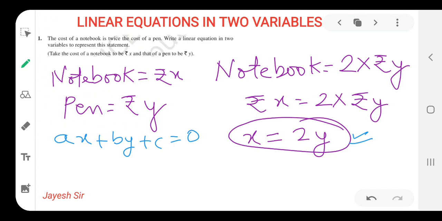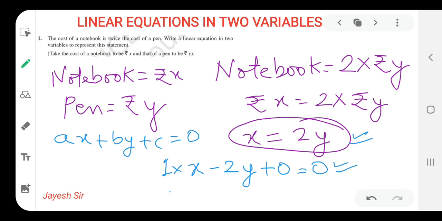Here x is on the left hand side only, so x as it is, then 1 would be there. We can write 1 dot x also, or 1 multiplied by x. 2y is on the right hand side. After coming to this side it will become minus 2y. And the value of c is not there, so what can we take? I already told you, if nothing is given, then we can take it as 0, as it does not make any difference to us.